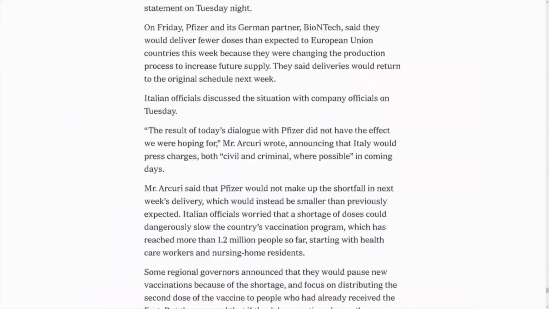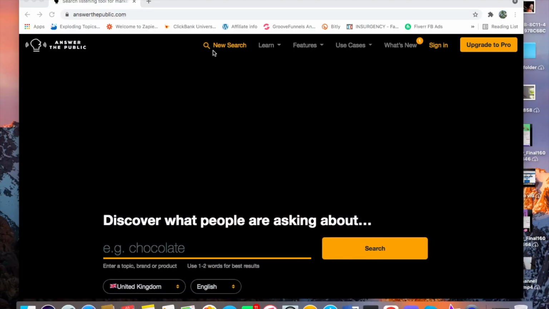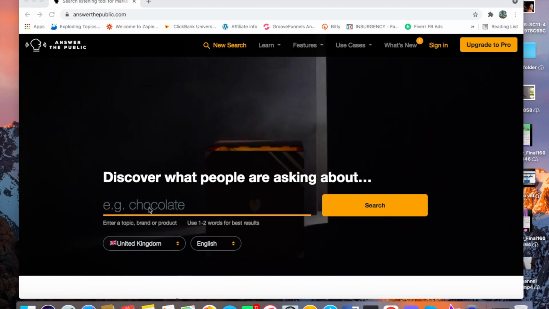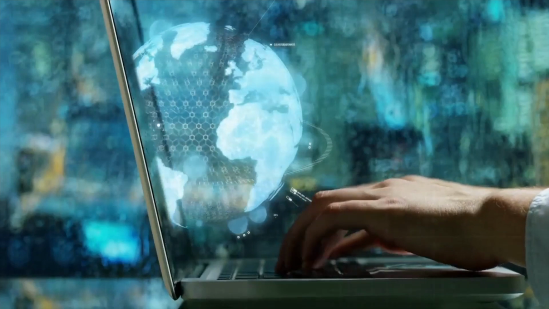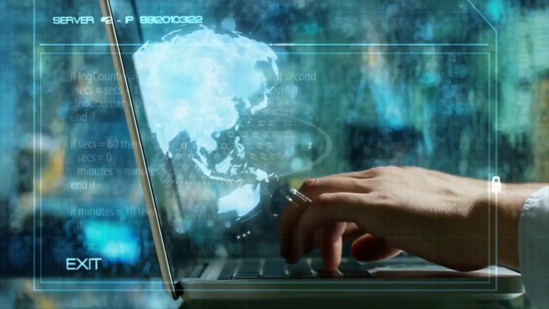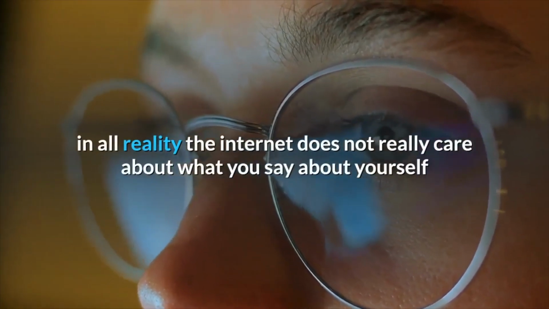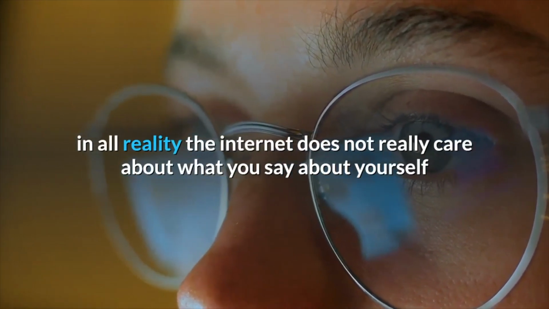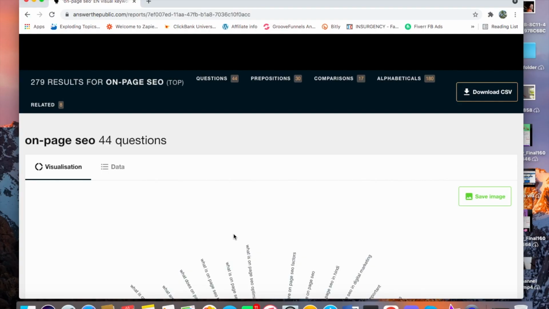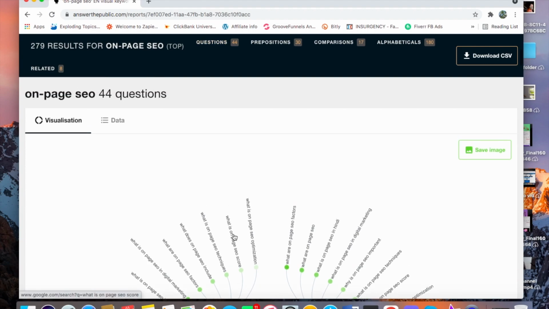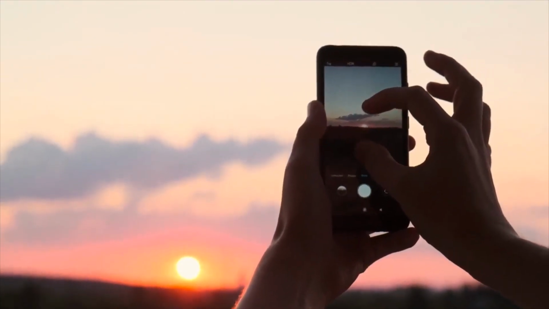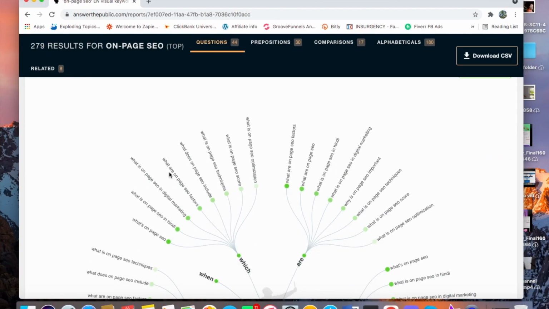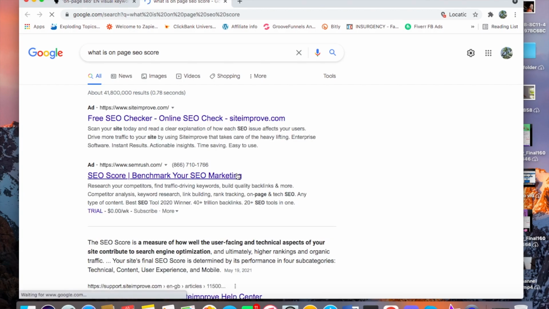Now, it's very important to note that the search engines don't really care all that much about your on-page details. What other people say about you is essentially just like a backlink, because in all reality, the internet does not really care about what you say about yourself as much as what others say about you and your brand. And if we think about this, we can take our brand a long way. So this whole idea of off-page optimization stems from other people's impression of you, as well as how your content is viewed and shared across the interwebs.